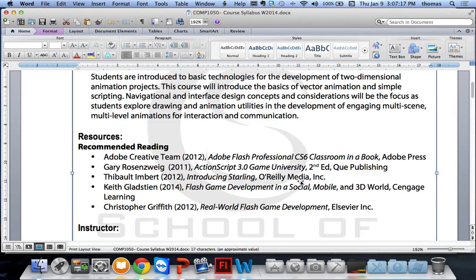The other one that's really cool is Introducing Starling. It's a free download from O'Reilly Media, right? So if you go there, Starling is another framework we're going to use, and it gives you a physics framework for ActionScript, right? It's a free thing. It's an actual library that attaches on to our ActionScript